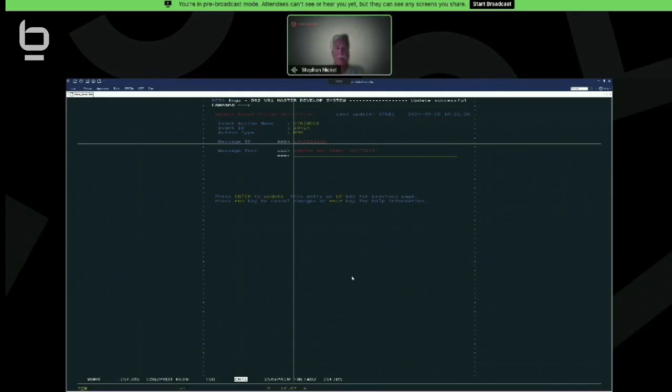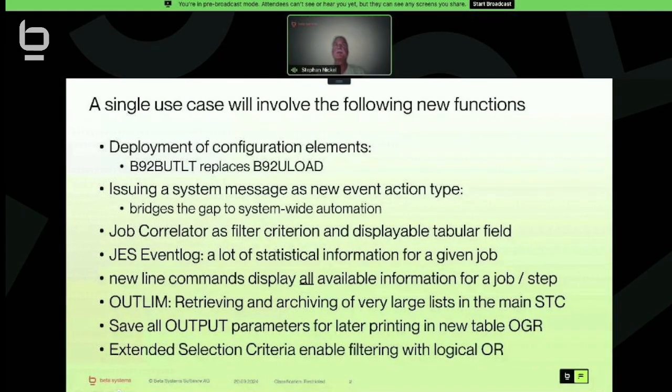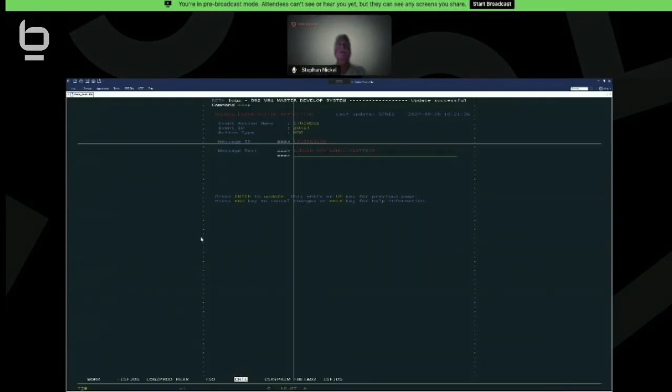Okay. So far for the second point. The third one would be the job correlator. The job correlator